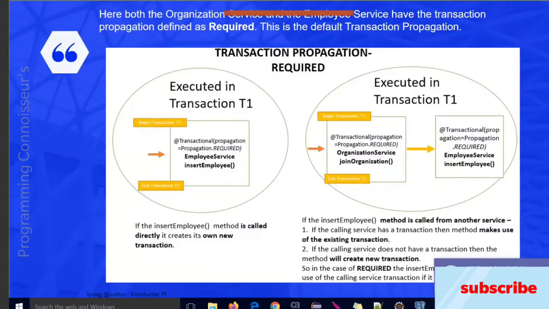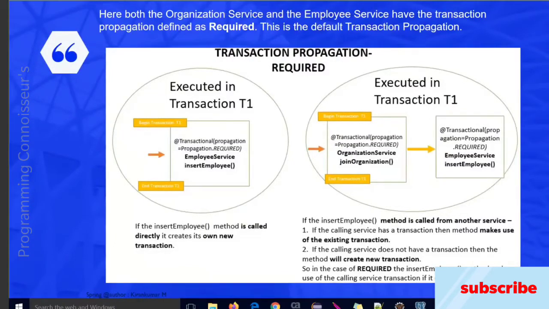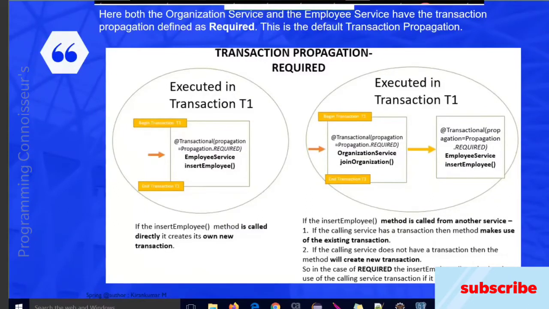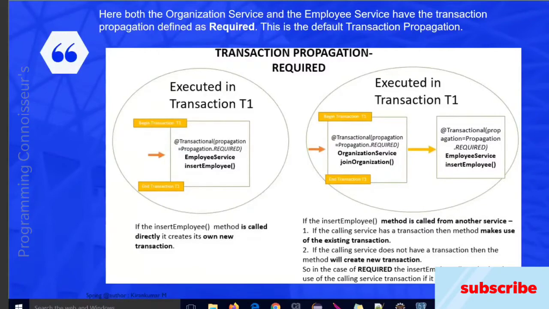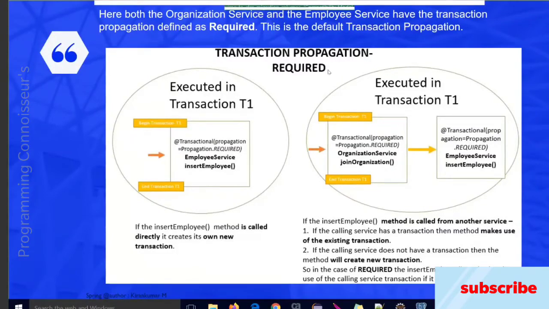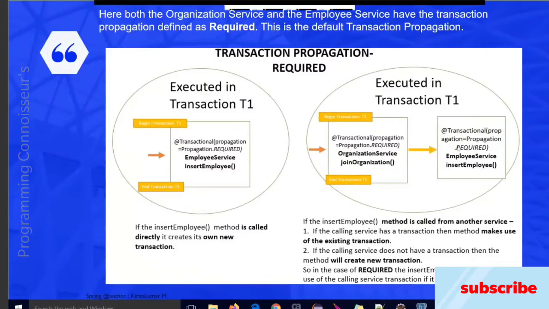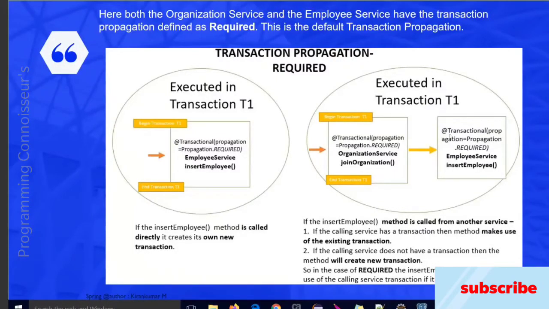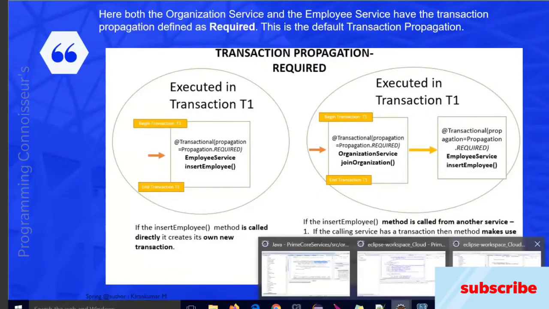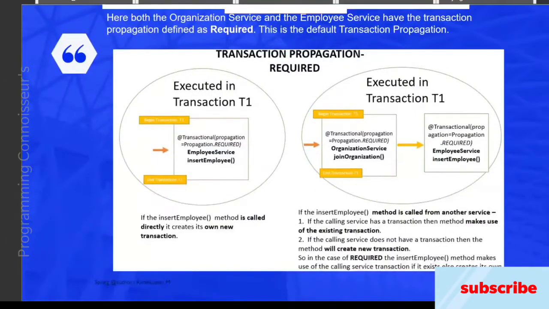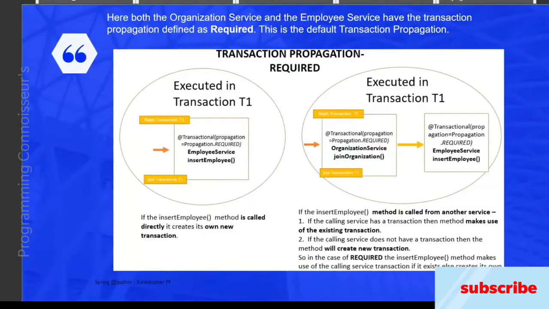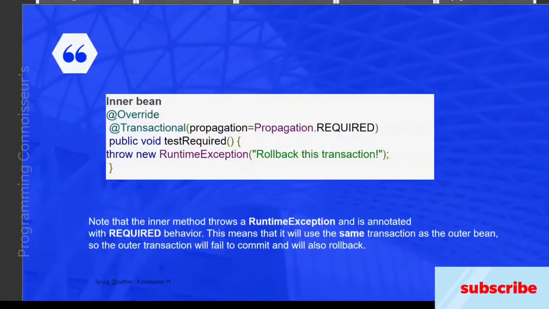So it is saying a transaction is required. If you are already in a transaction and you are trying to create a new transaction with required, what will happen? It will check my previous call, whether it has any transaction. In that case, it will reuse my existing transaction itself. It is the same case we have done somewhere also. The same example I have kept here. So that's transaction propagation equal to required.